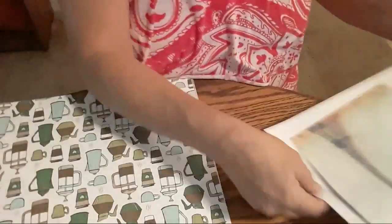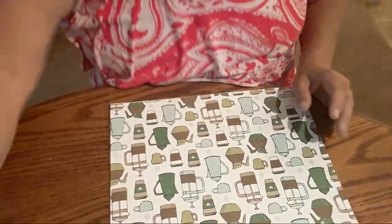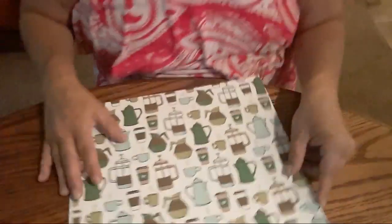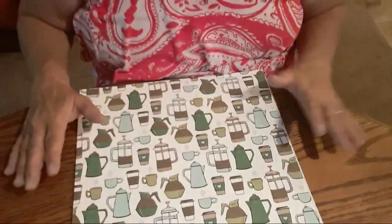Okay, so while that one is drying, because I'm going to do the other side too, let's pick out one I'm going to do that has a coffee thing. So, and I will say, when you make passbook covers,